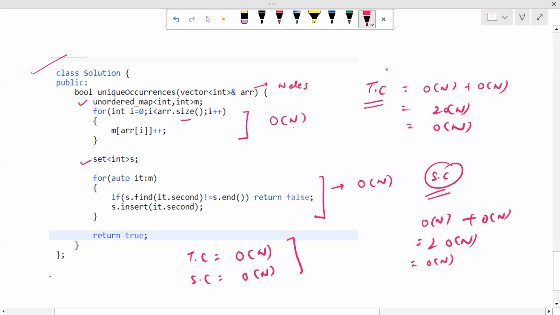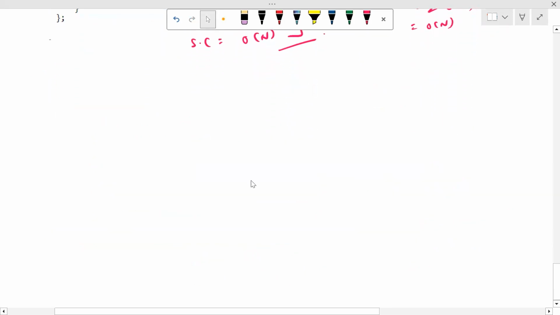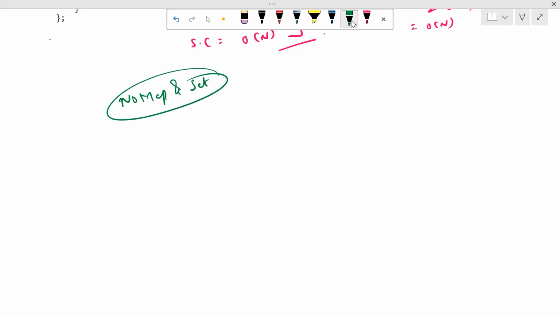There's one more thing I would like to discuss before ending this video. A lot of people have tried solving this using no map and set. So you can do that, but if you do this, the time complexity comes out to be O of n log n and the space complexity is O of n. How you can do this is,